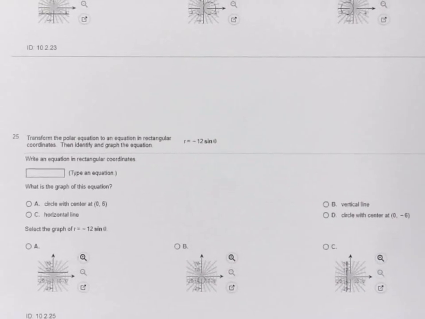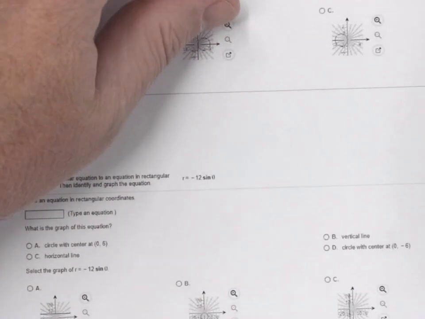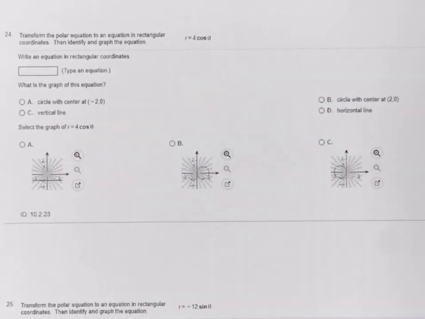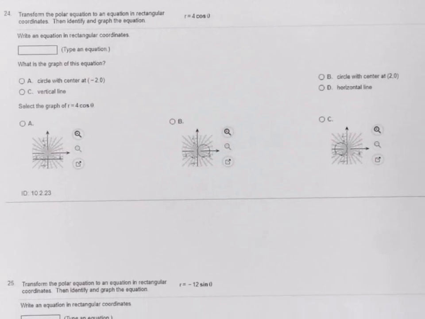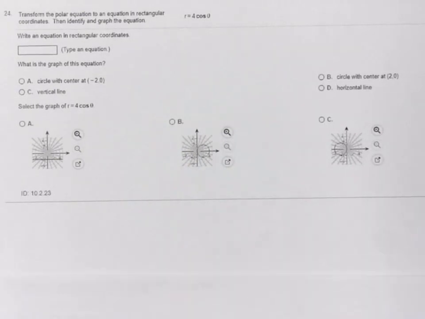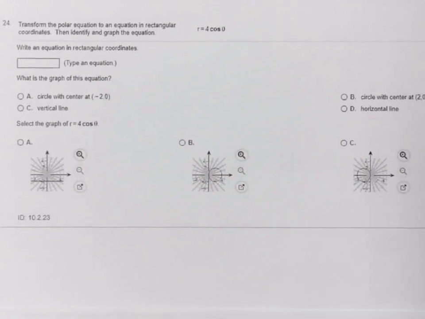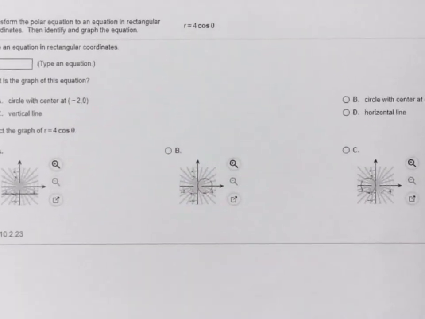Let's do... Here the print is very small for some reason. I will try and make it a little bit larger. Same thing, transform the polar equation into rectangular coordinates. r equals 4 cosine theta. So this one,